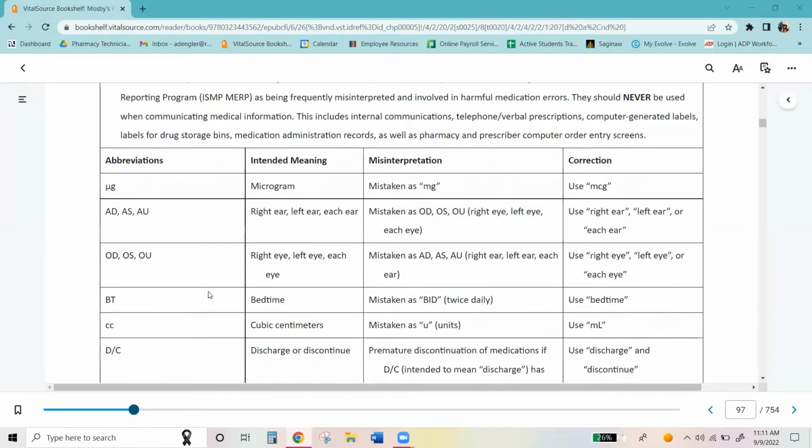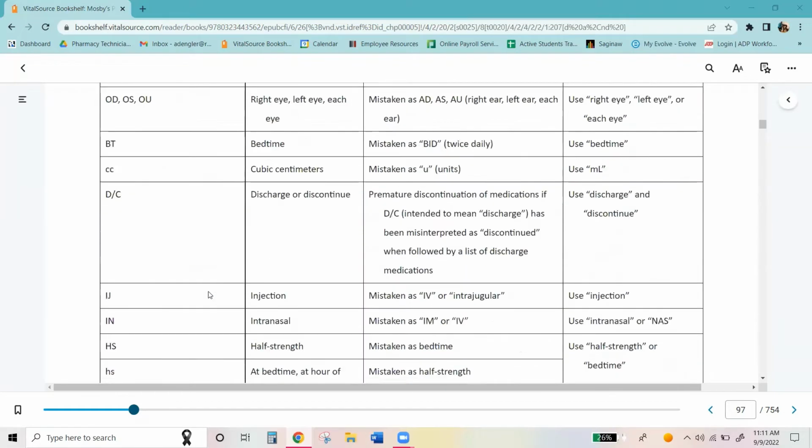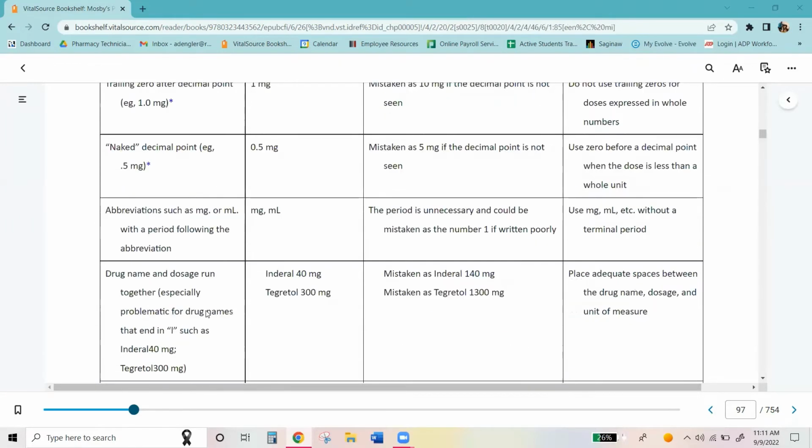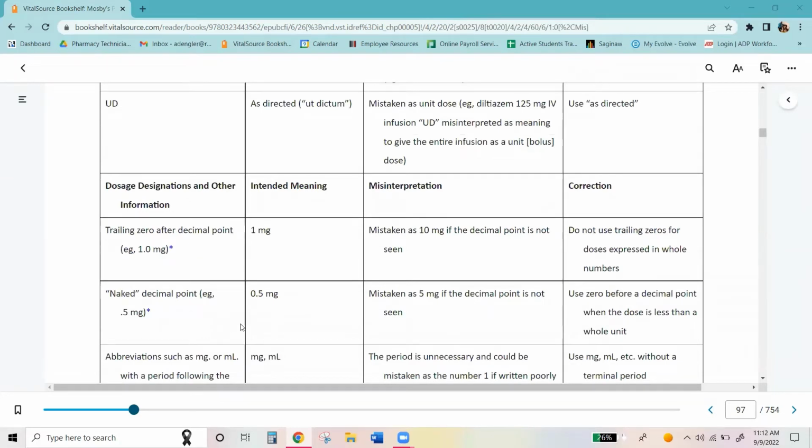In the similar list for the ISMP, which you can read through and look through. Here's another important one. We do not want to have a naked decimal point or not starting with a 0. We never want to write .5 or point whatever. We want to write a 0 first. So that way there is no way that it can be misinterpreted as 5 milligram, which could be a very big dosage change from what was